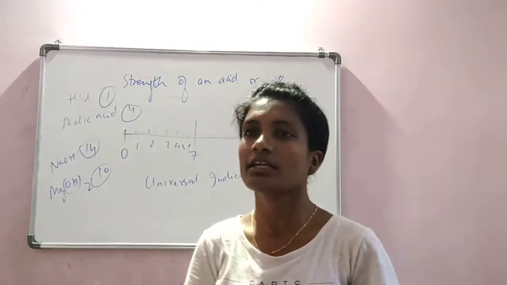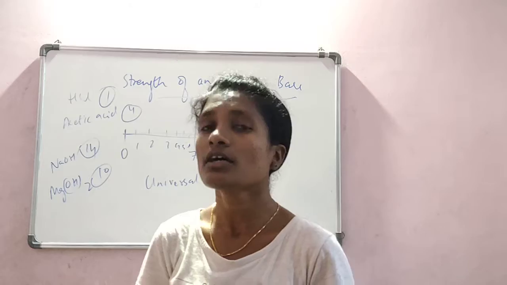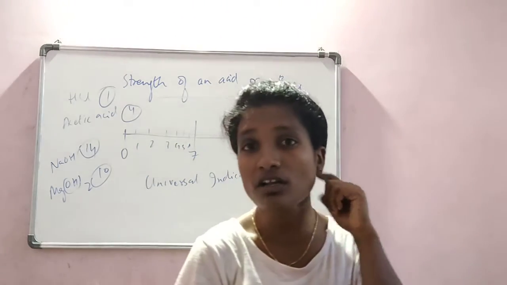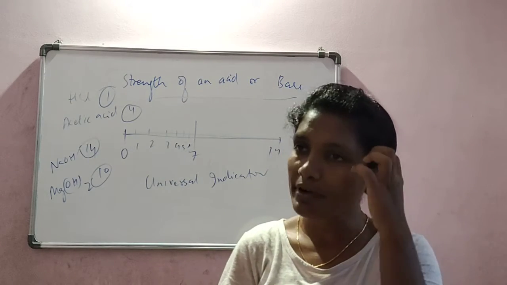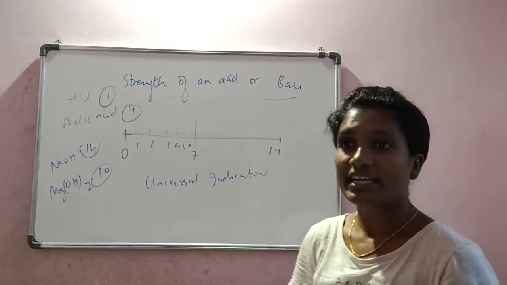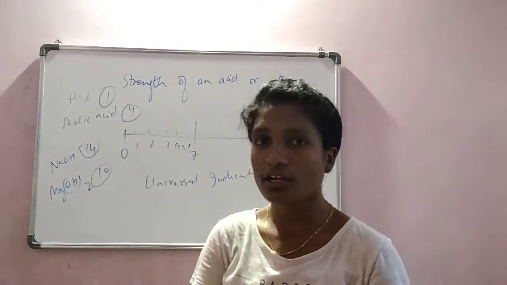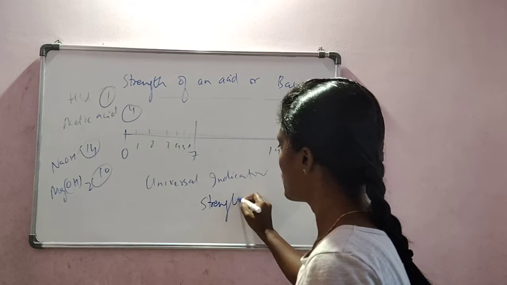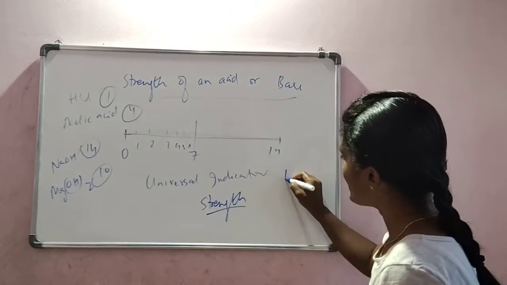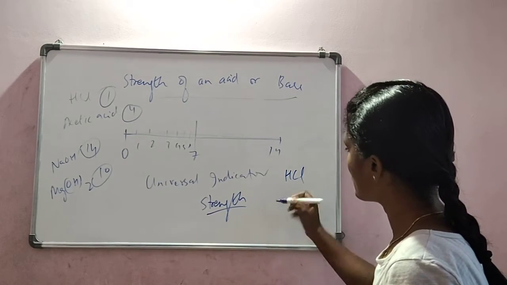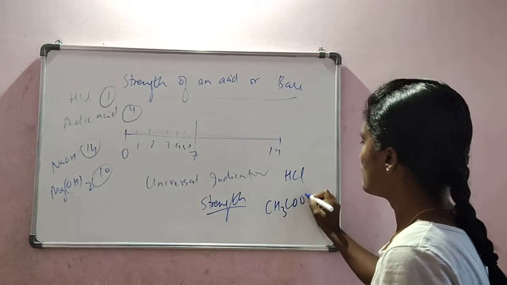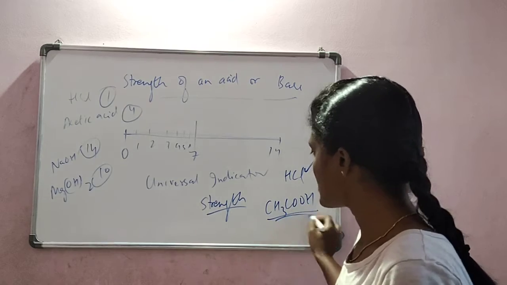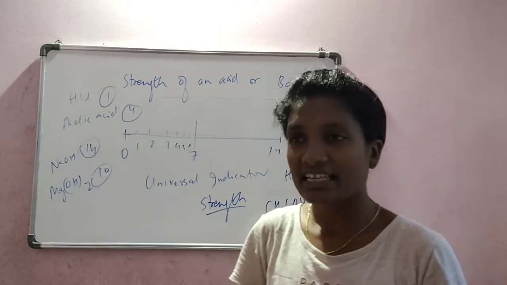Universal indicator is manufactured by combining several indicators like methyl orange and phenolphthalein to give a common indicator, which not only tells you whether the solution is acidic or basic, it also tells us the strength of the acid. So what is strength? I take HCl, and let us say acetic acid. We consider that HCl is a strong acid compared to acetic acid. How do we know that? Using the